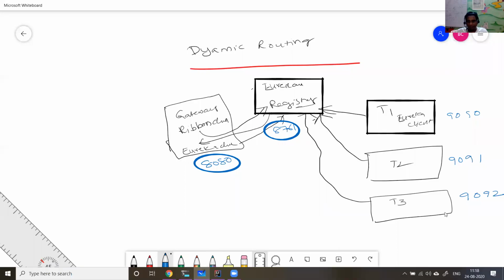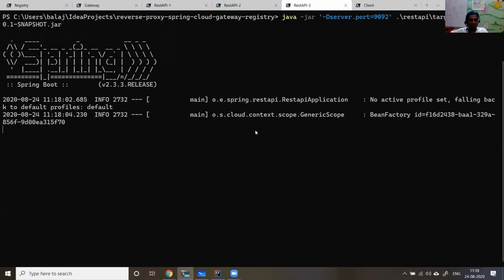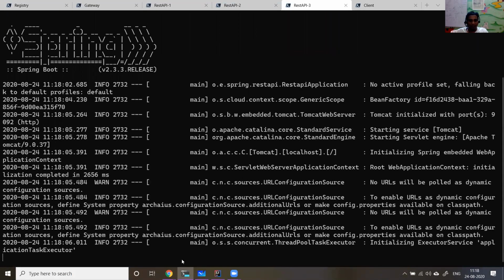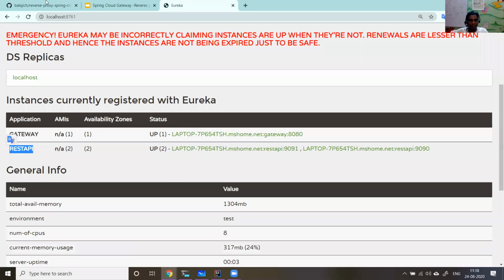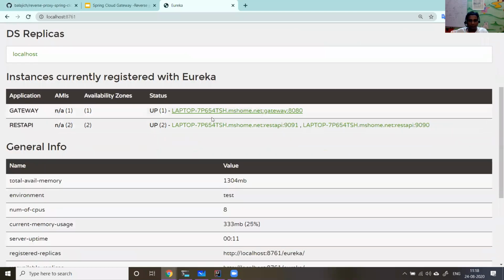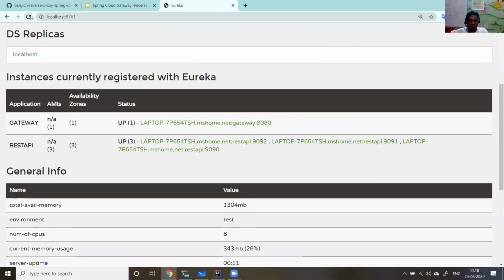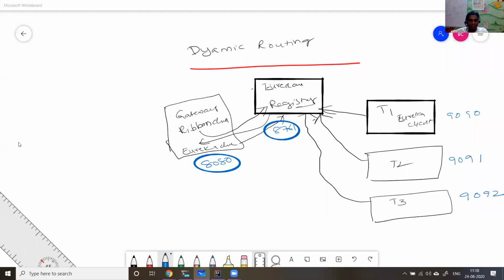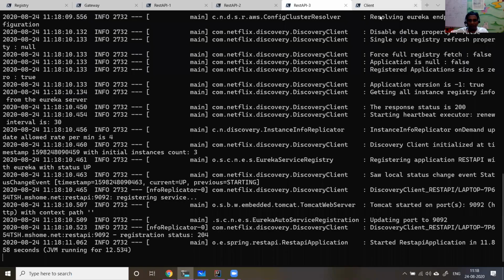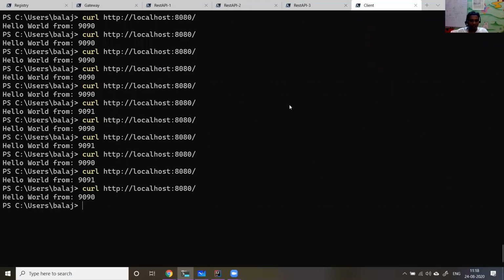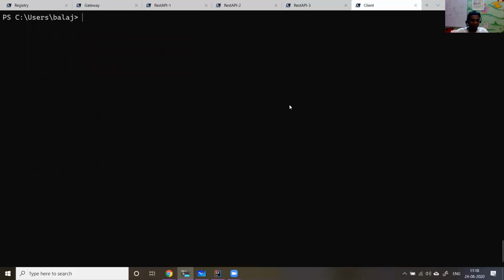You see in the diagram, the new instance registers with the registry. Let me refresh the registry. You can see a new instance gets registered: 9092 got registered as a REST API instance. It takes a while for my client to pick up 9092, I think I set it to 10 seconds or so.